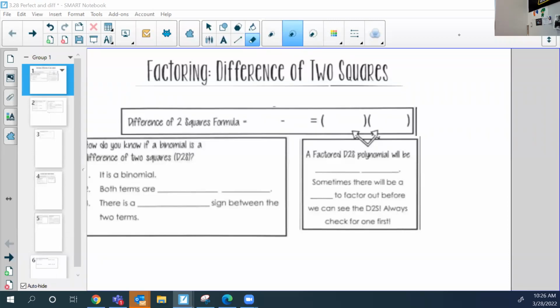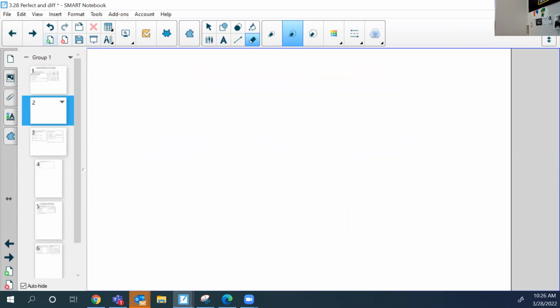All right, class. So today we're going to learn factoring difference of two squares and factoring perfect square trinomials. But before we start, let's go back and recall some information to help us with this class. So let's go back and talk about perfect squares. What are perfect squares? Well, remember, perfect squares are when you multiply two numbers and the product is a perfect